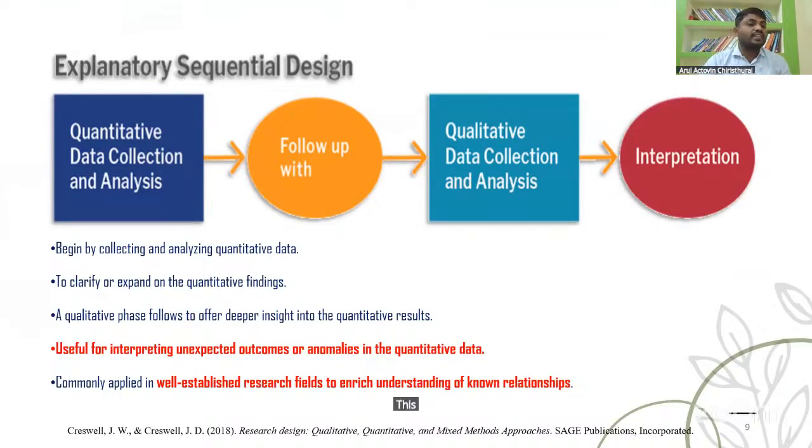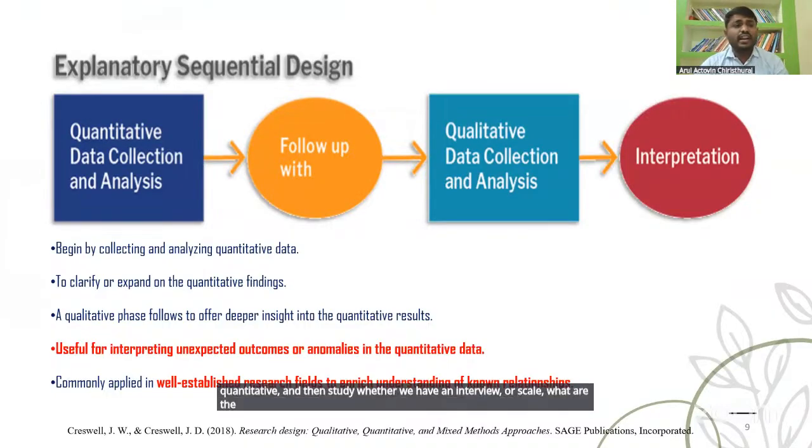First, we'll start with the quantitative data collection, using whatever quantitative tools we have, such as a scale.